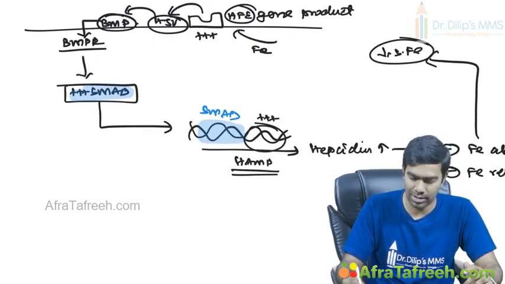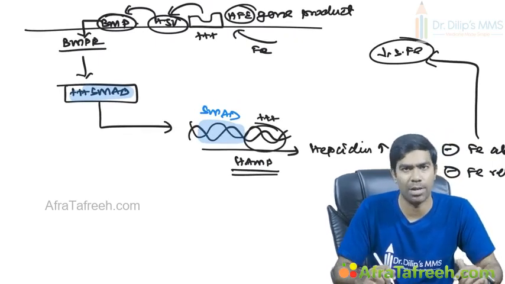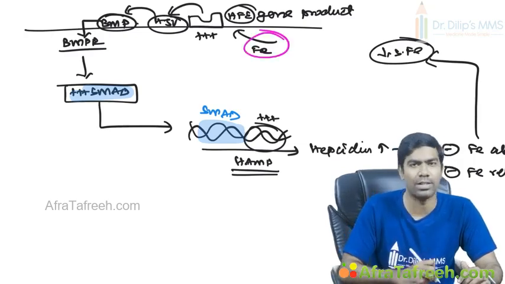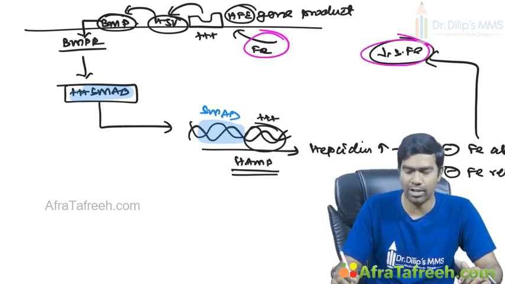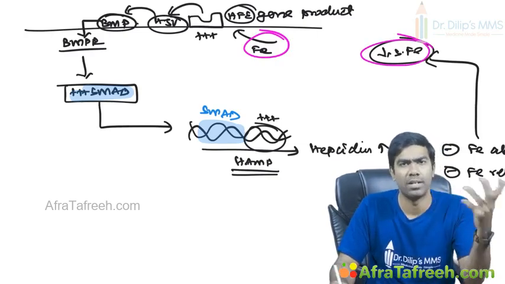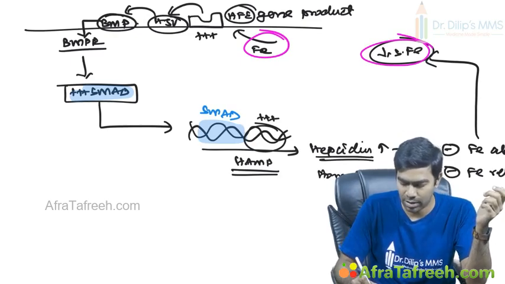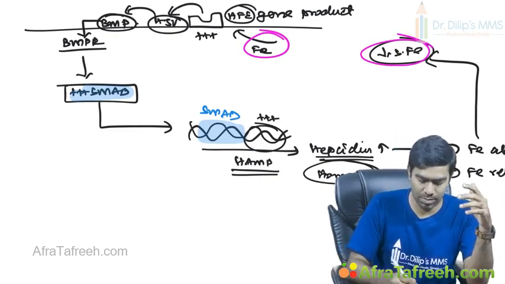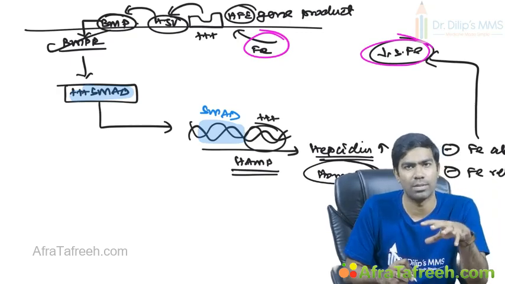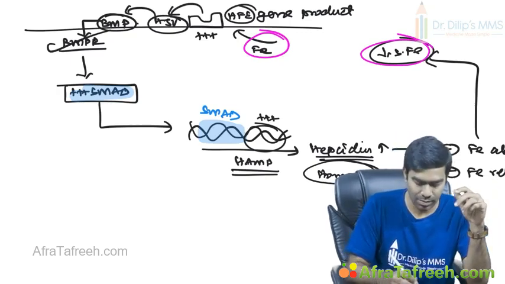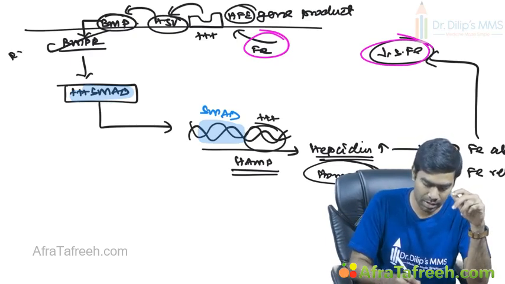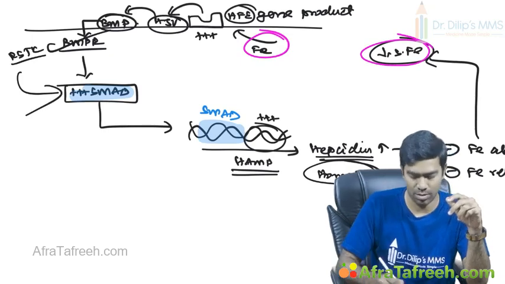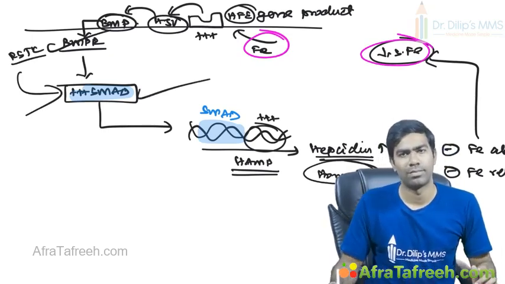You can see very clearly it's a very, very important negative feedback mechanism that is happening. So in response to excessive serum iron, you are finally reducing the serum iron. Obviously there is a negative feedback mechanism. That's why hepcidin is often considered a hormone. Clear? So this is the iron regulation pathway. This BMP receptor, the bone morphogenic protein receptor, is actually a receptor serine threonine kinase, which is going to act through the SMAD mechanism. Clear? SMAD is the substrate protein here.